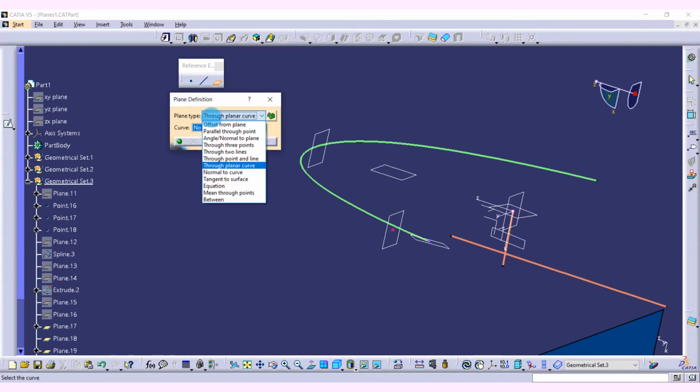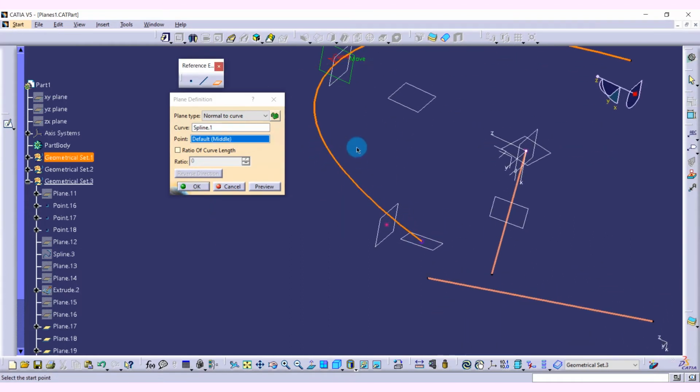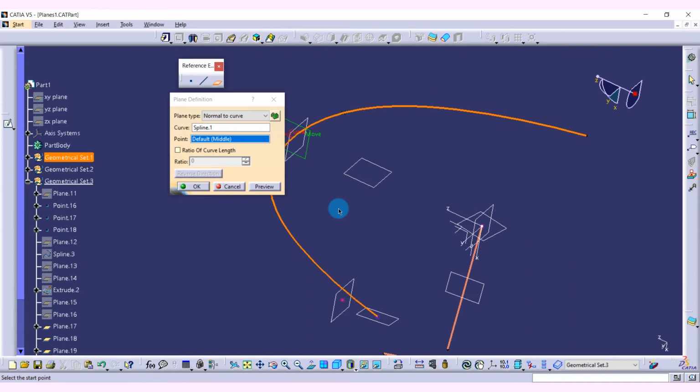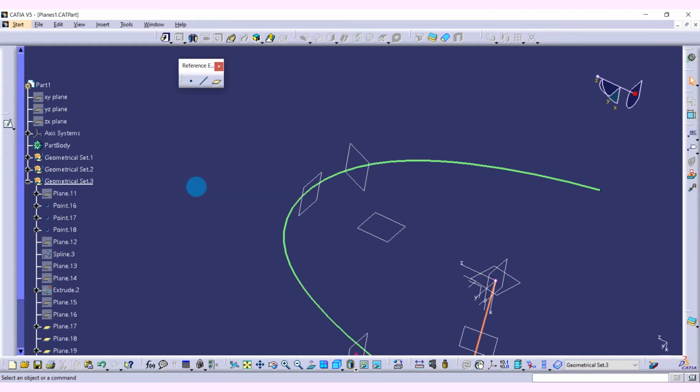normal to curve. For any selected curve, the plane will be created normal to that. In this case, by default it takes here. If we have any points created on the curve, here we have a point, and the plane will be created normal at that particular point. So the plane is created. The next option,